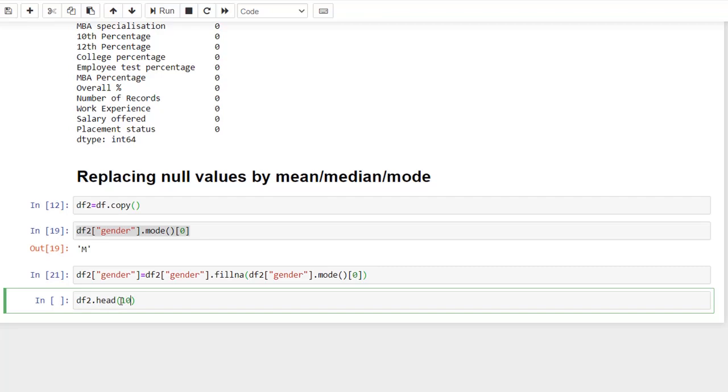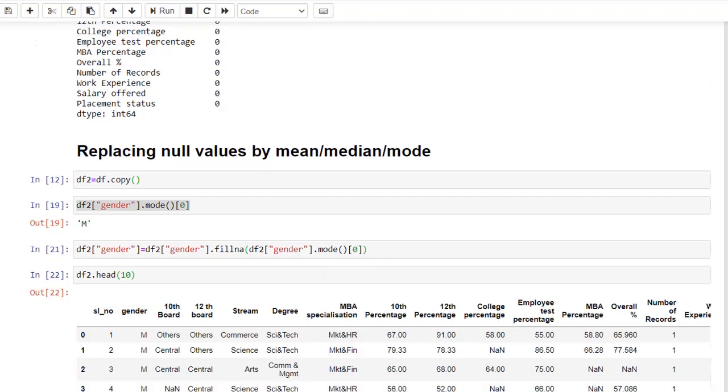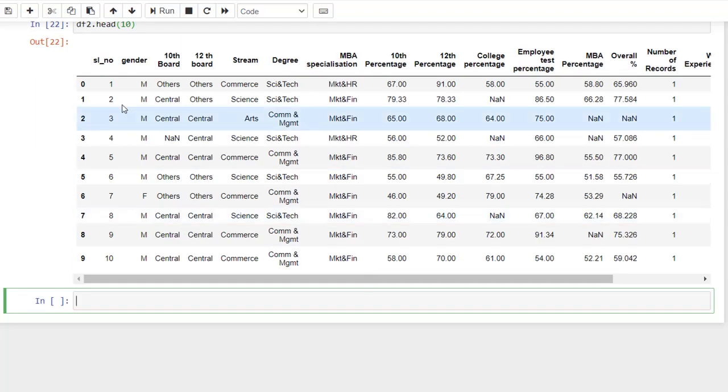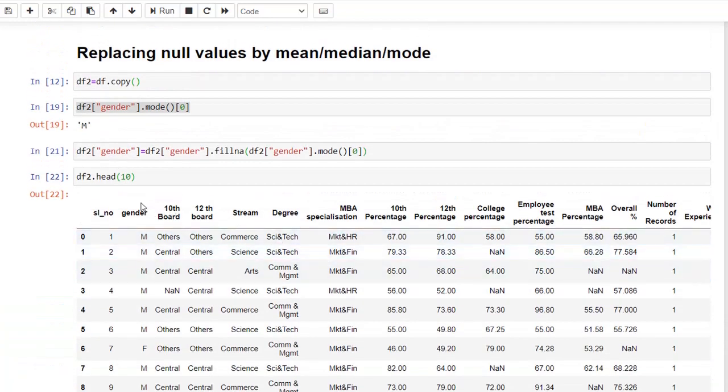Let me print the top 10 rows. In the original data frame you had a missing value in the second row, right? Now in df2, the missing value has been replaced by M, which is the mode of this column. This is how you replace a missing value by means of the mode function.